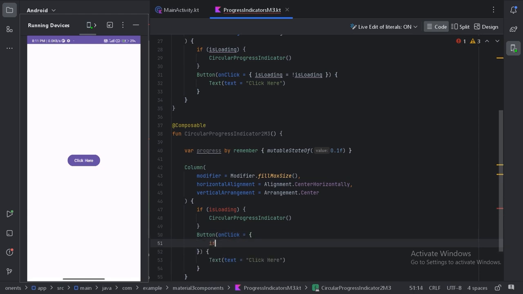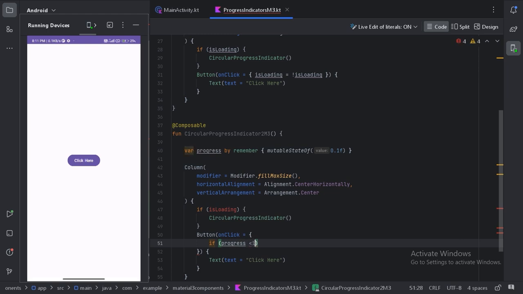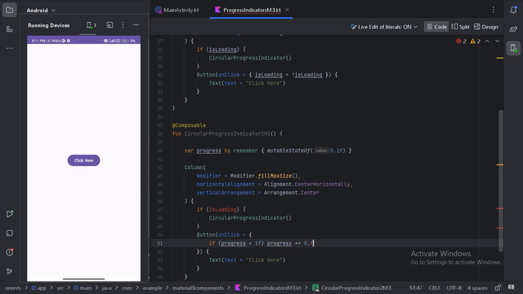So here let's use an if condition: if progress is less than 1f, and when we update this progress by 0.1, then we will use animateFloatAsState.